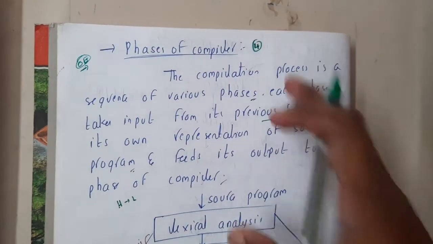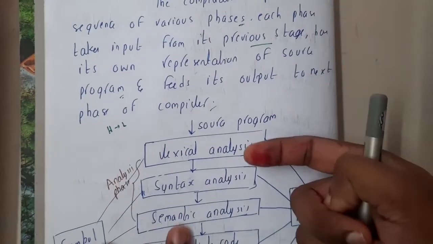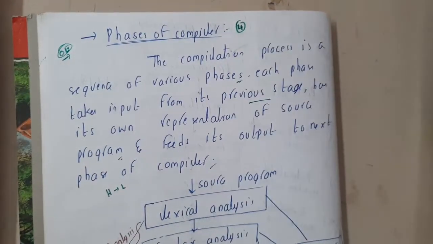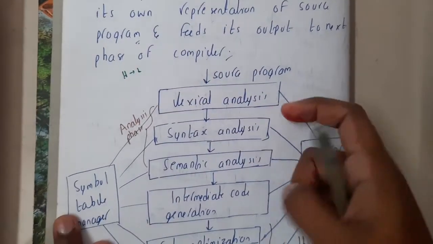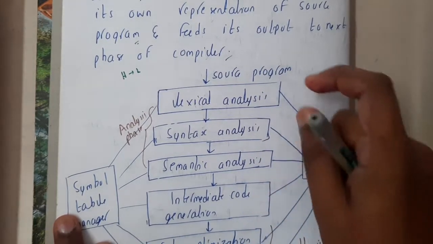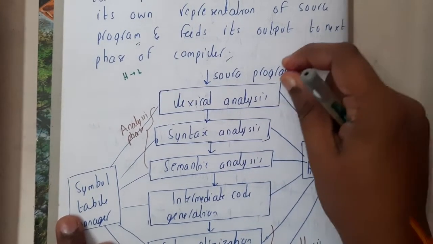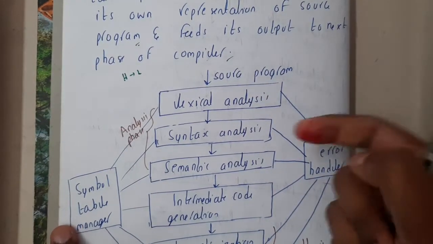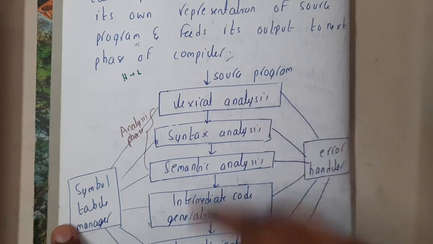When we are discussing the phases of a compiler, each phase is interdependent on one another, right? I'm not going into detail in theory, guys, so don't worry. Each phase has its own work. So what is this phase's work? It will take some code and give some other code as an output. In that way they are going to work. Totally we have 6 phases, guys.